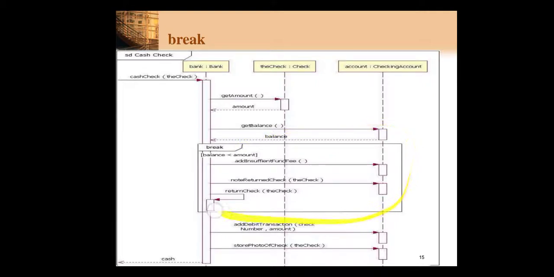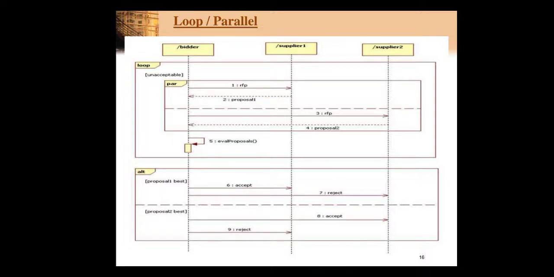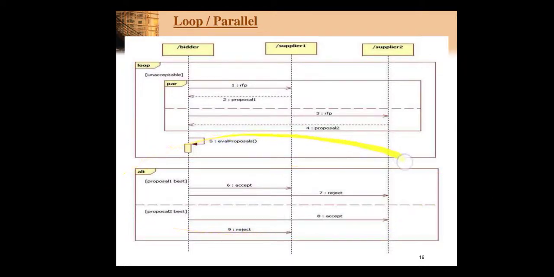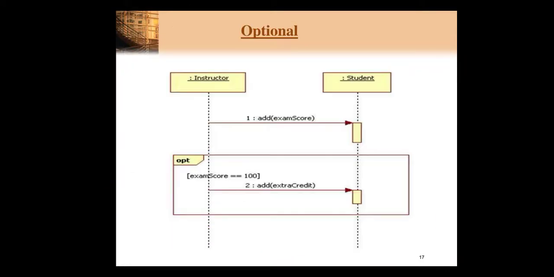That means in the rectangular box, on the upper side, we can write the break after a particular condition gets satisfied. Loop and parallel: as I said, for the looping statement we show the rectangular box, and in the upper left corner we write in the pentagon, loop. Similarly for the conditional, you can use multiple structural controls in the sequence diagram. Here I am showing the looping as well as the conditional statements in a single sequence diagram.